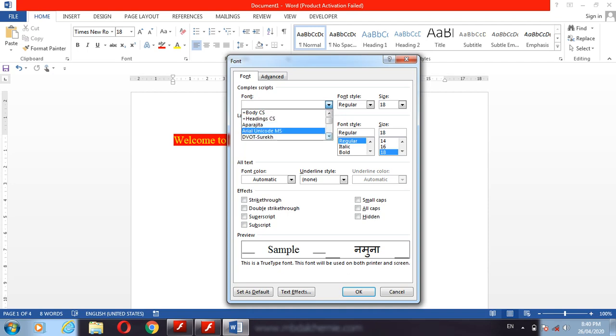If we change to another one, just like Mangal, then here we can change.